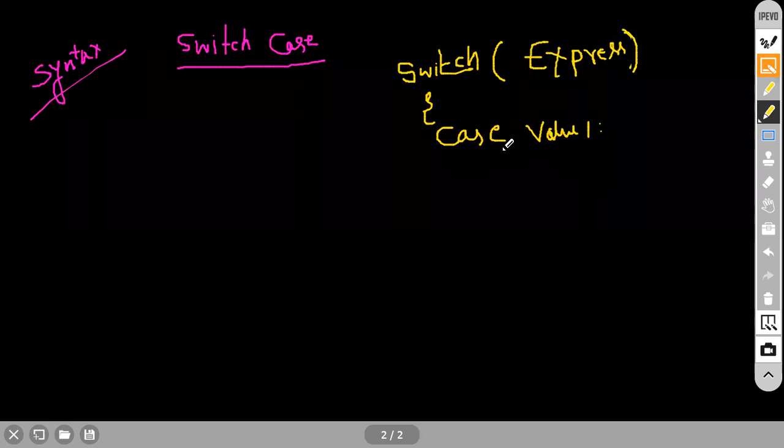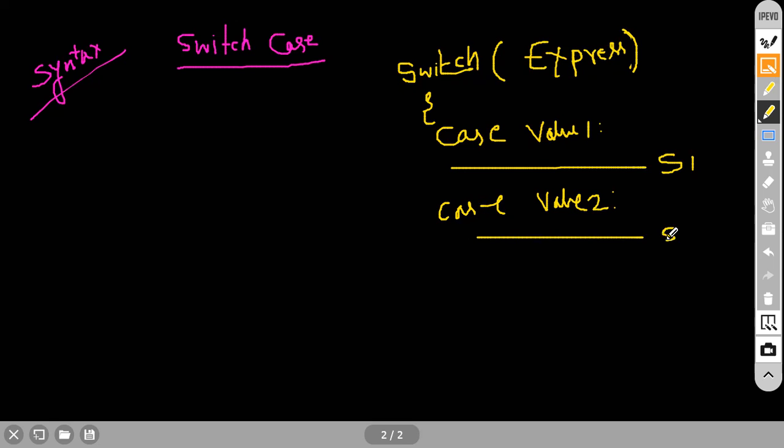After that, I am going to execute a statement, statement number 1. After that, I am going to create one more case, value 2. For this particular case, I will have a statement, s2.